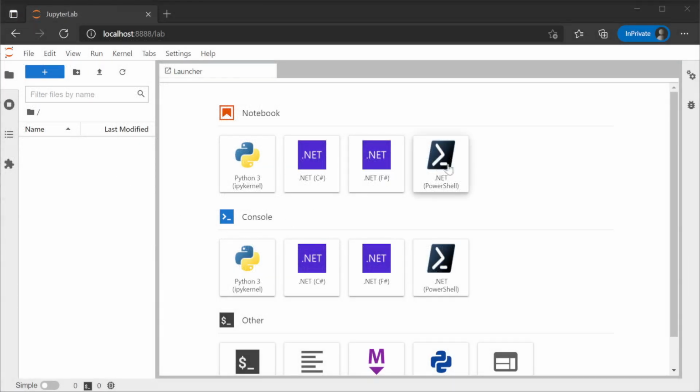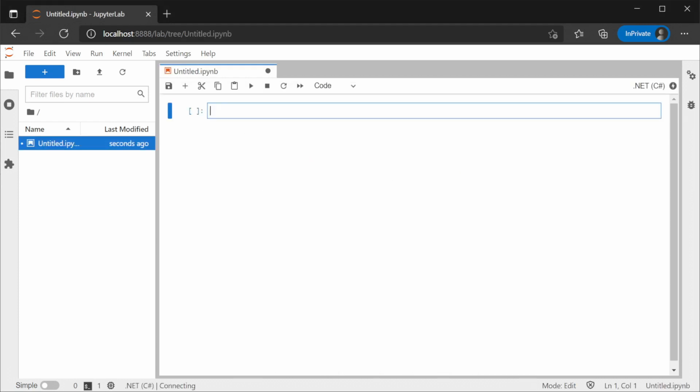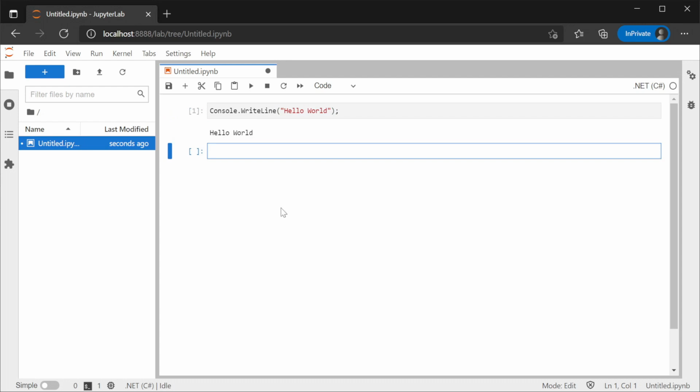To make sure everything is working, let's do a Hello World notebook. Create a new C# notebook, and in the first cell, we're going to use Console.WriteLine("Hello World"), which should be written to the output below the cell. Now that we know .NET Interactive and Jupyter are working well together, let's move on to an example using data